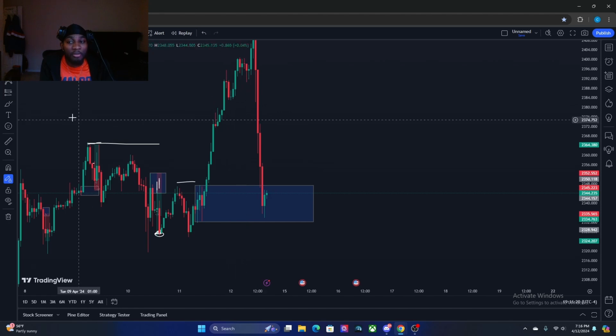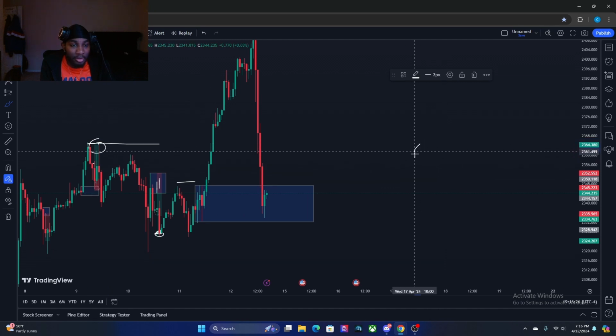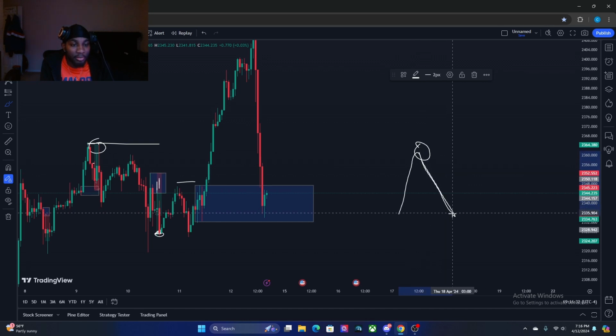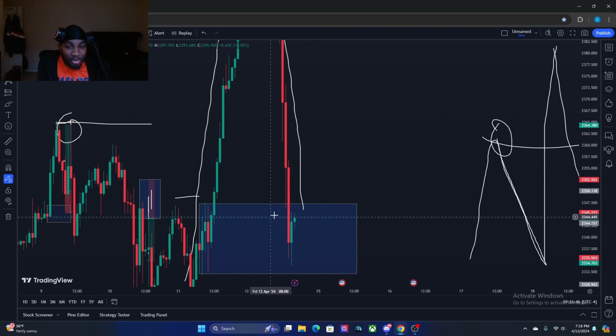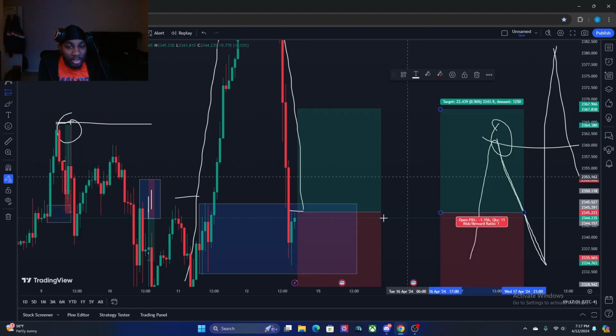So price broke above. So once again, we'll do this. We have our high. This would be your high, and then we'll just put this here too. So we have our high, we break structure. So we break right here. Boom. Now we pull back into the zone. If the market were open right now, you would be waiting for price to break right above this candle, because this candle would probably still be open. You'd be looking for this break of candle, and then you'd be getting in for a buy. Stop loss